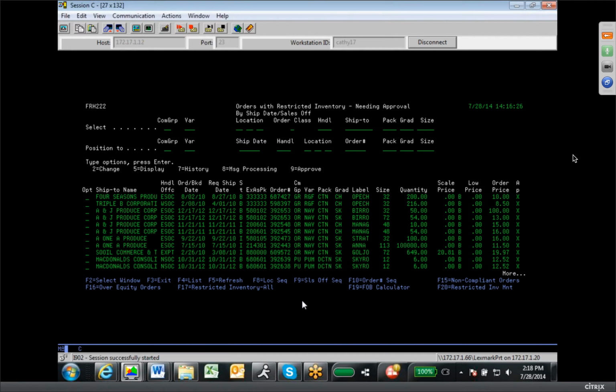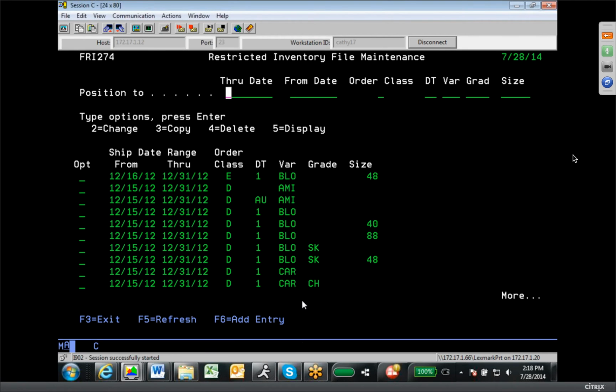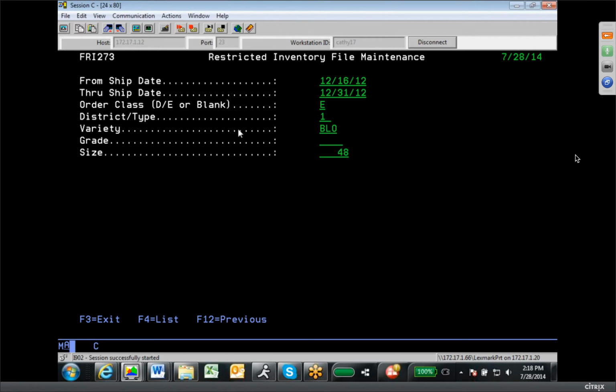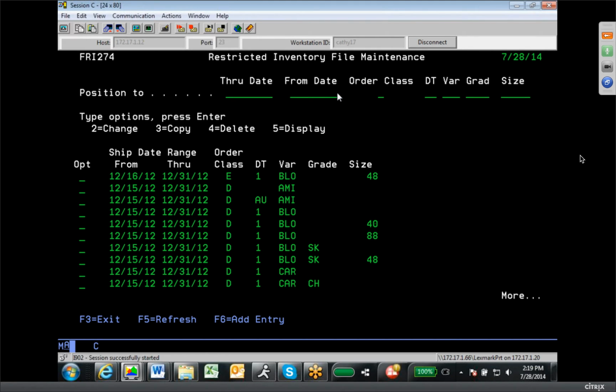If you get F20, you can see that's where you set it up. You can say within this date range, I have these pieces of the item code. For an export order, pick one, floods, size 48. You're running short, so you want to restrict that item. Anybody who puts in an order that fits that description will get a message that it requires approval, and it will show up on the screen that requires somebody to do an option 9 approve to release that particular